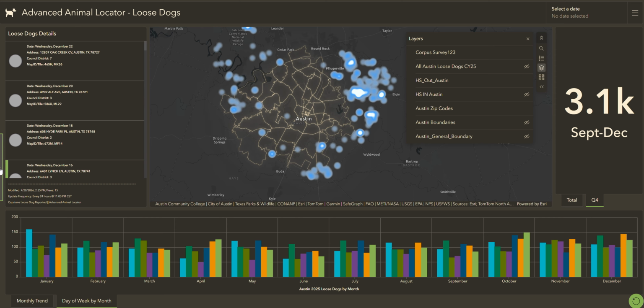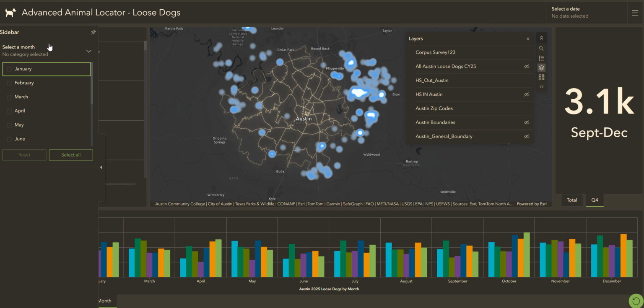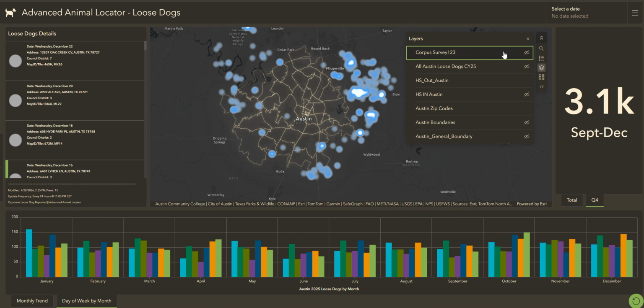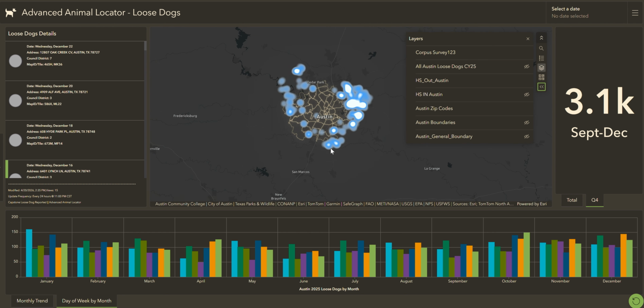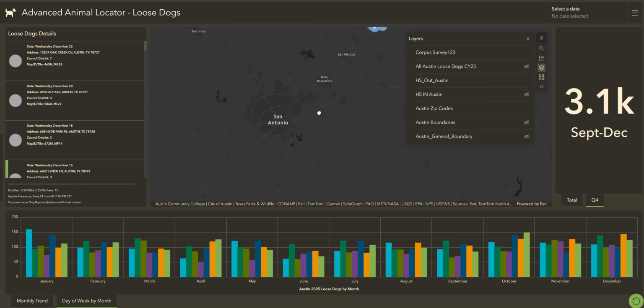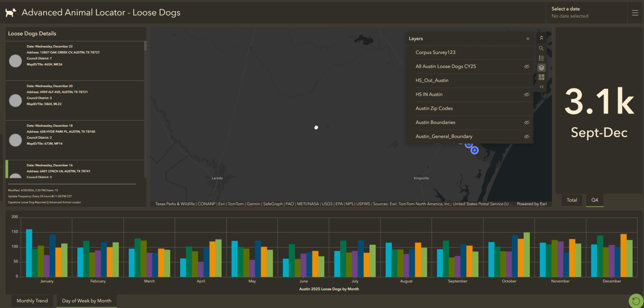Oh, there's my selector. Okay. And then you can select by month over here, which is kind of nice. Reset, select all. So again, bear in mind, I'm just learning dashboards. And then here's my Corpus survey down here. I'm not sure how to get to it, so I'll just show you. I was really excited. I just wanted to see what my indicator numbers would look like